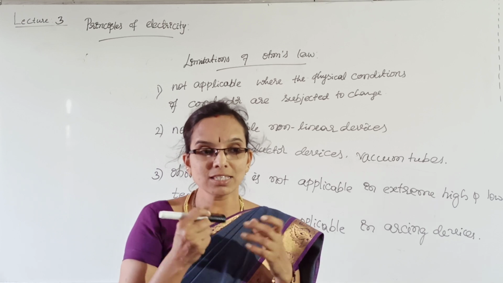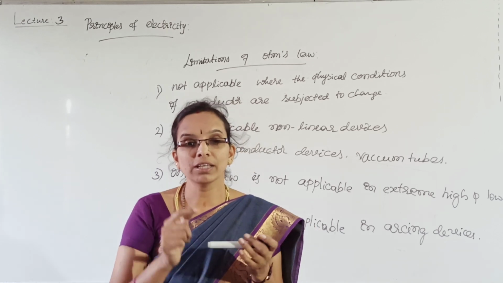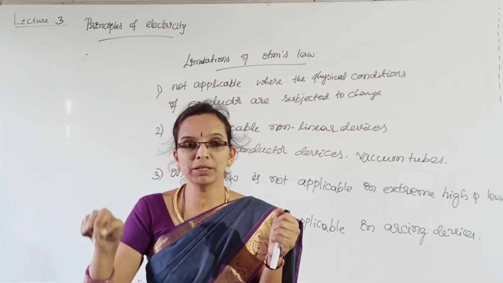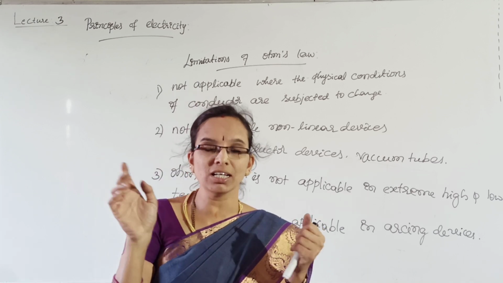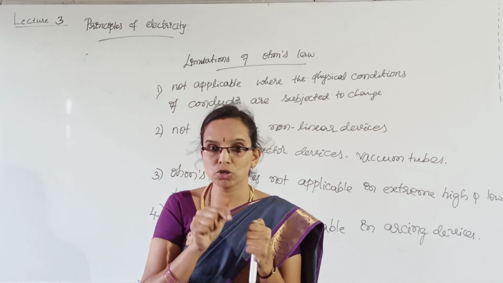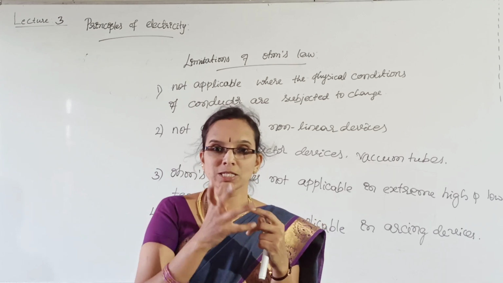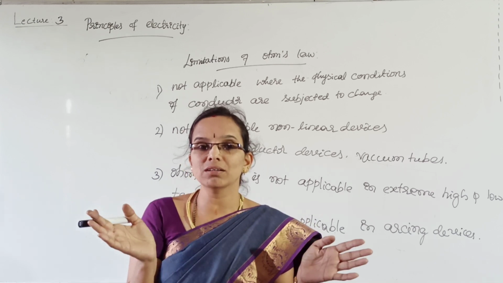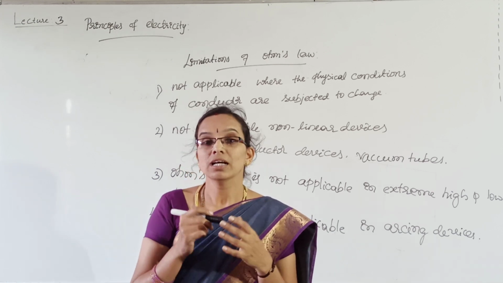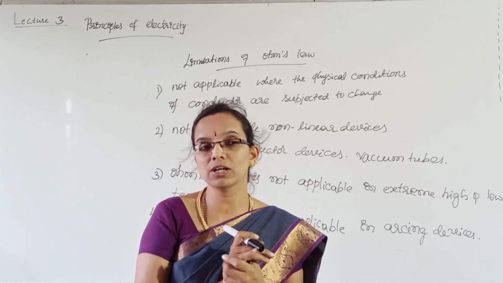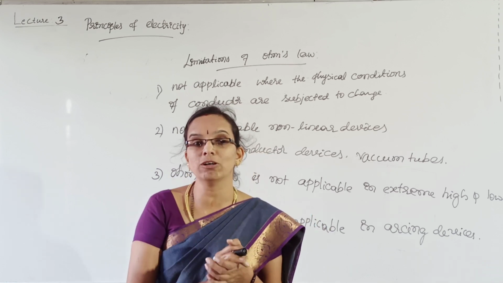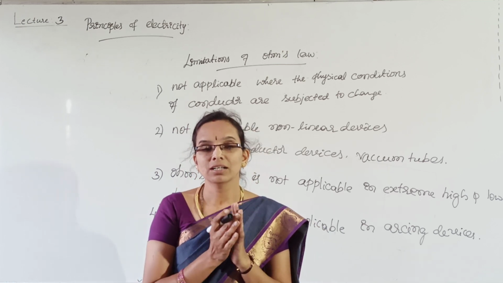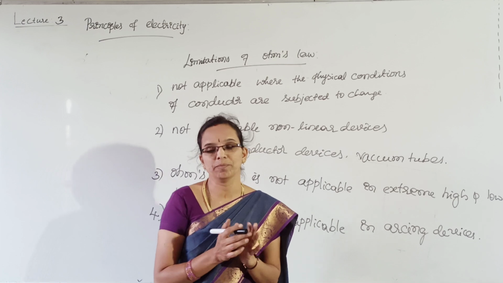In case of AC, the magnitude of the current keeps changing, and when the current reaches zero potential, the spark disappears. So AC means a break in the connection. In those cases, Ohm's law is not applicable. You cannot measure voltage or current there because Ohm's law is not applicable.